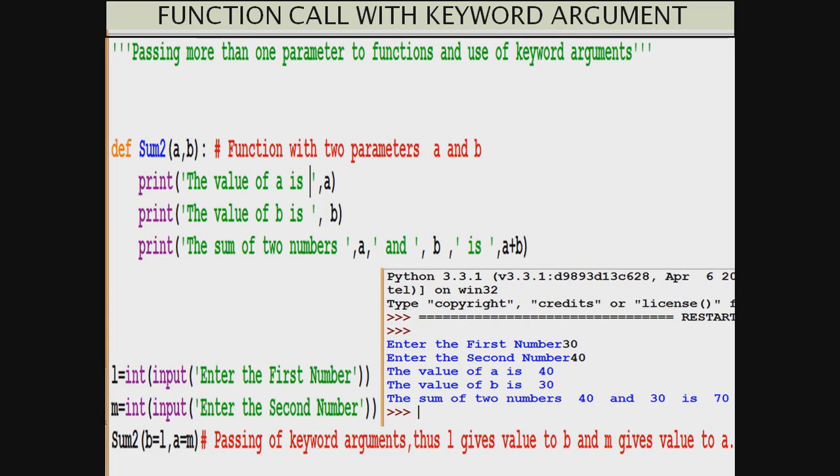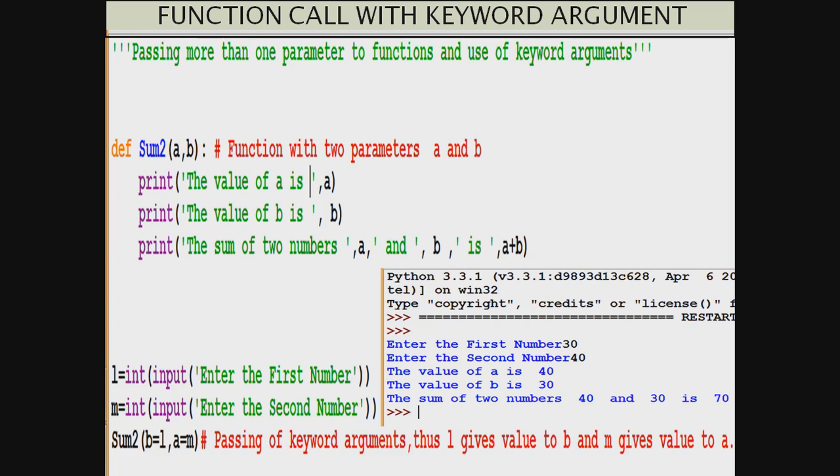Use the keyword argument system. Here B is equal to and A is equal to are keywords. Here we are saying: please give the value of L to B and the value of M to A. So we are changing the order which positional arguments actually use. Positional arguments use a sequential order. But here, using keyword arguments, we have the liberty of giving values to any variable in the list